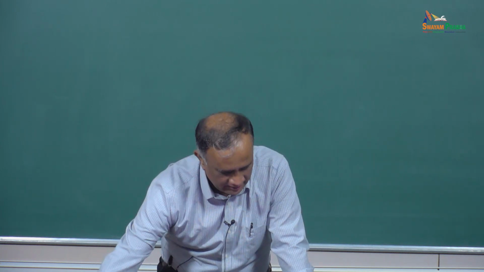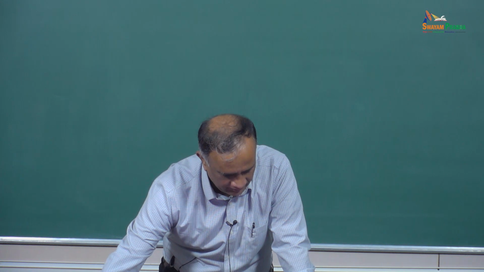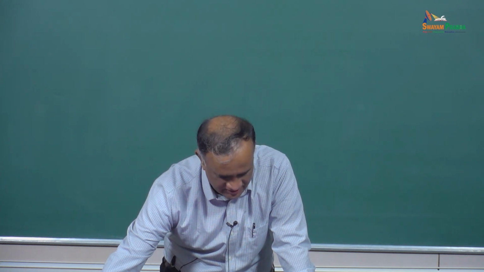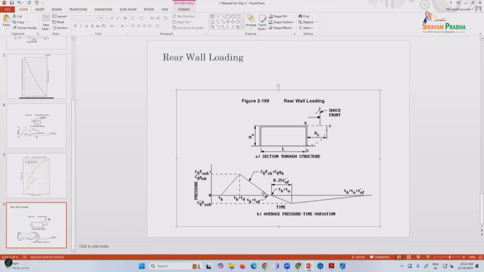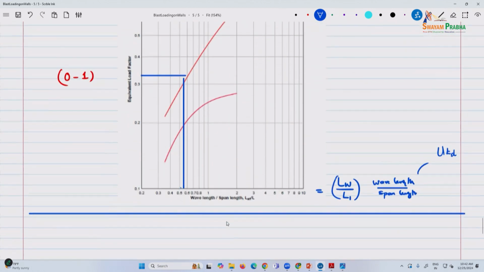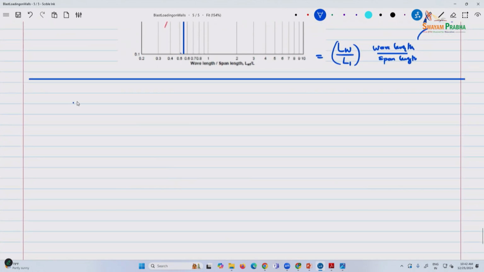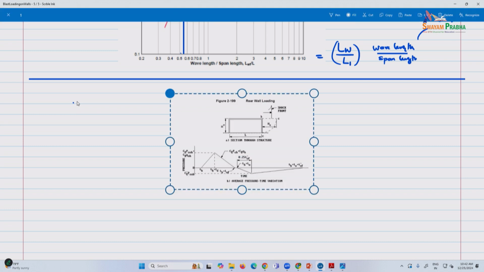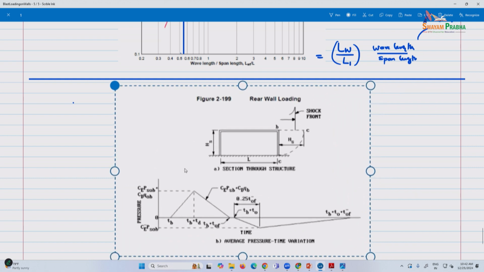Let me pull this all up. I had shown this for the roof and side wall. We covered the rear wall also. Let me put that in here. So for the rear wall, the main difference here is